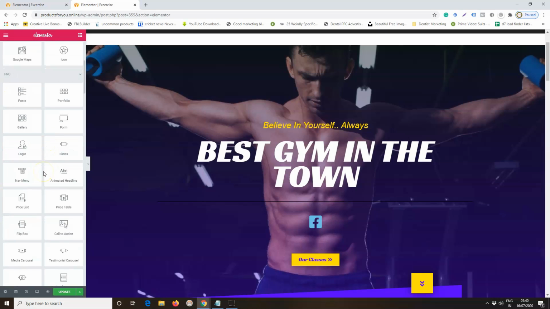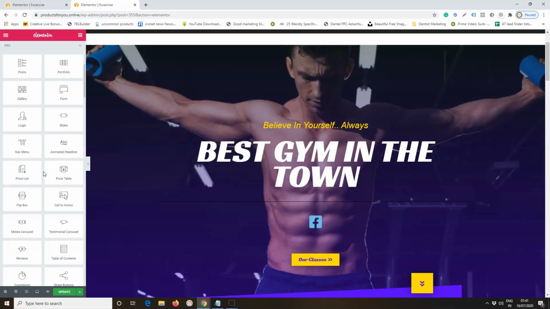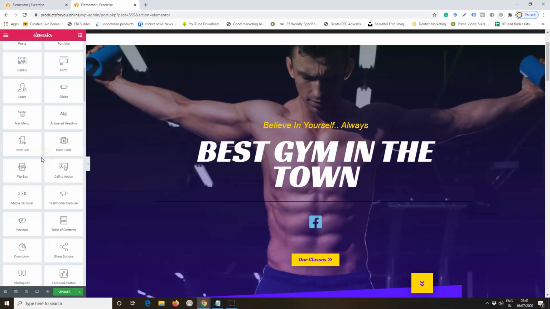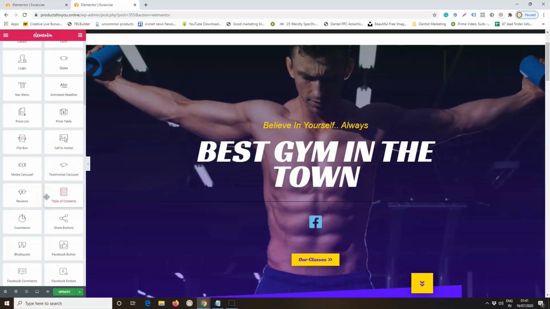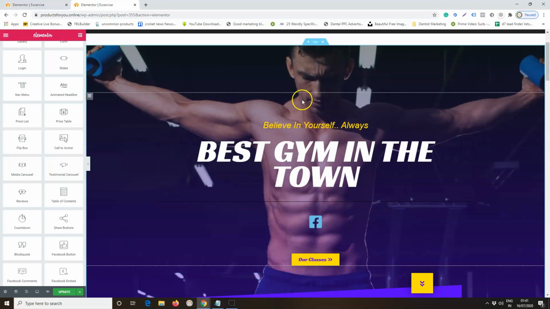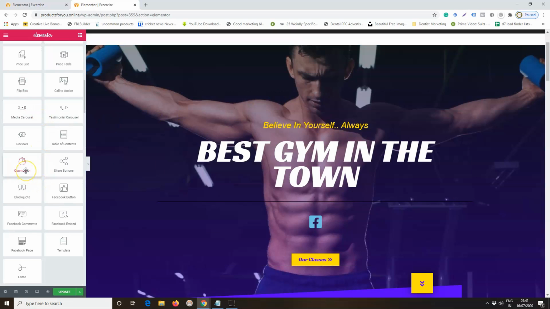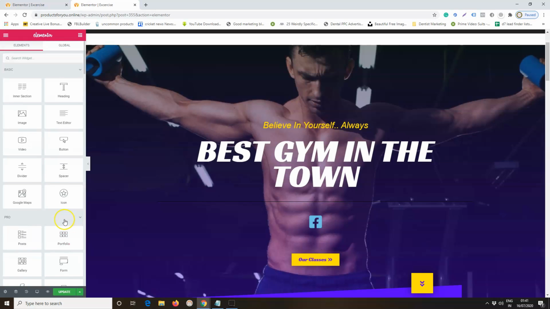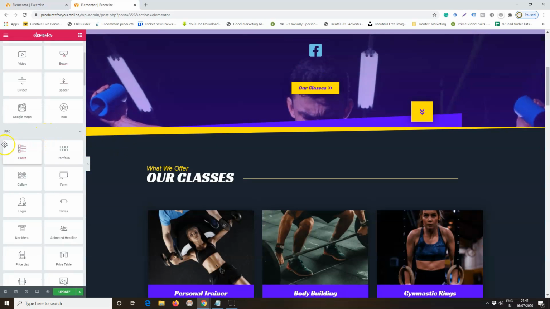Okay, so this is available for free, and rest of these nice features are available only under Elementor Pro. Okay, you can also design pop-ups using Elementor Pro. I'm not really including that as part of this, but the method remains pretty much same. Here we are designing the large pages, and in pop-up builder you can design the small short pop-ups, and they also have the templates for pop-up. So these features, like if you want to include the countdown timer, reviews, Facebook comments, etc. in your website, then you will have to have the Pro version.